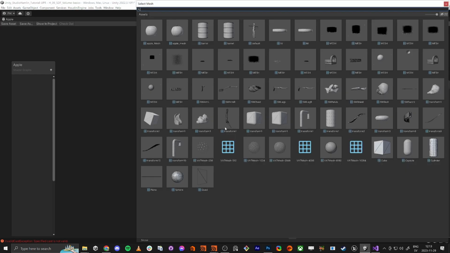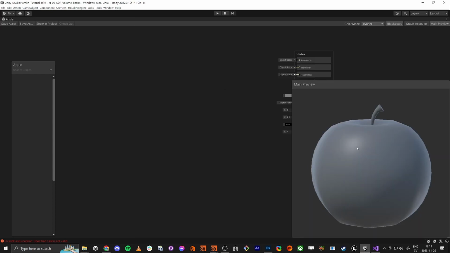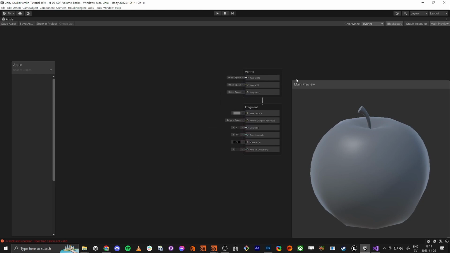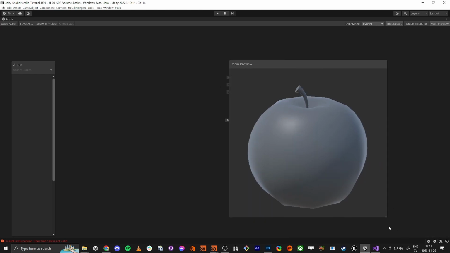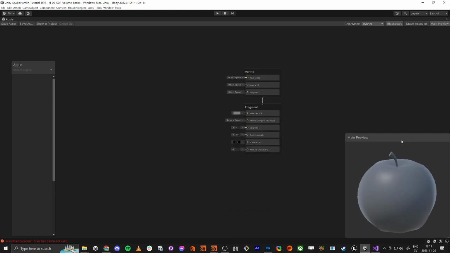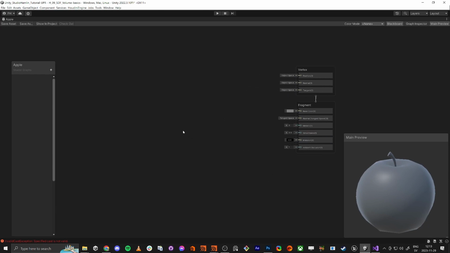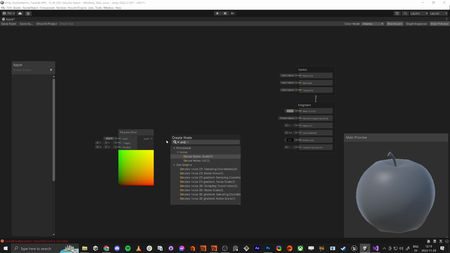And we have here, we can add the apple that we made. So I think this is the one that we made, and we're gonna just do some tiny stuff to make sure that this one looks more like an apple. So at the moment we just have the vertex color, but we are actually gonna make a noise to this. So if we do tiling and offset, and if we do this into a simple noise,